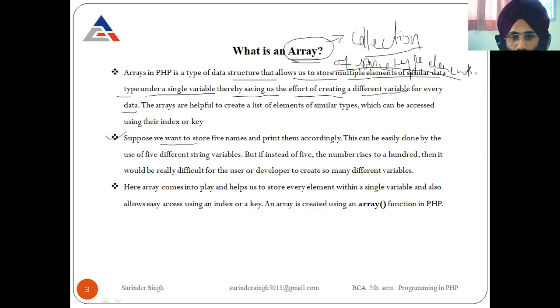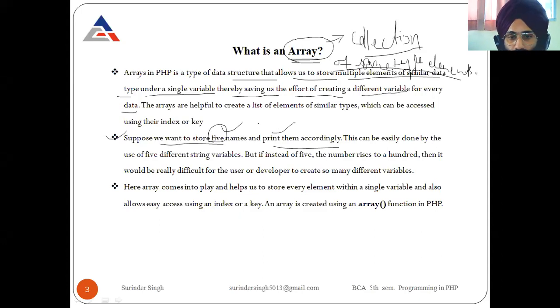Now suppose in this example we want to store 5 names and print them accordingly. There are 5 persons, and you have to input 5 values and print 5 names. For this you have to take 5 input variables, assign values to those variables, and then print these 5 variables.